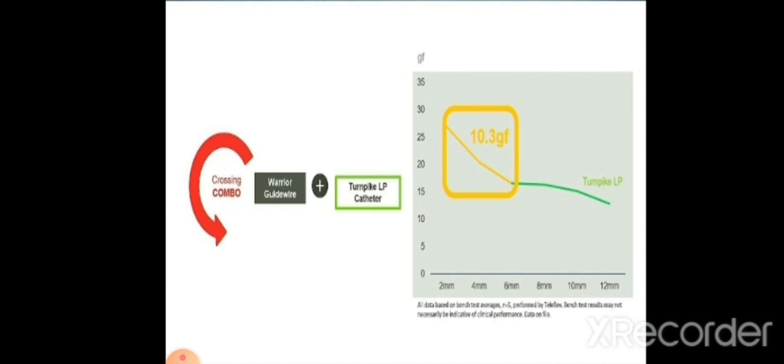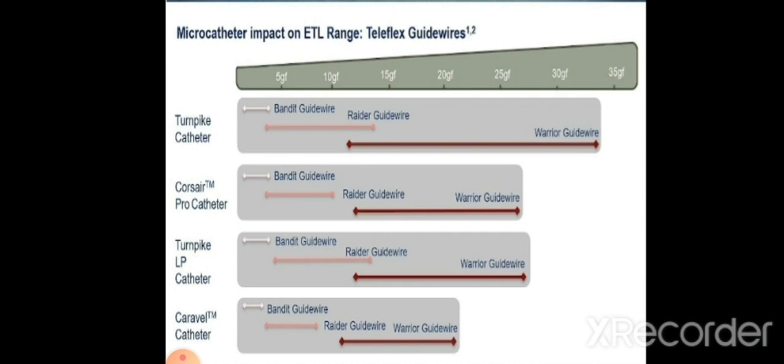Also here, for the guide wire with the Turnpike LP, as we see, from 12 millimeter to 6 millimeters there is 1.2 gram force effective for each 2 millimeter, but from 6 millimeter to 2 millimeter, there is a big jump of about 10.3 gram force. So, effective tip load range comparisons, if we see here,